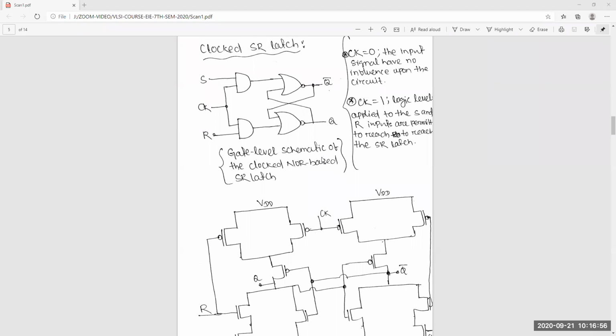Does anyone remember what the complex logics are? Two terms we are using for complex logic, complex circuit. Two things we have already said. What are the complex gates in combinational logic?